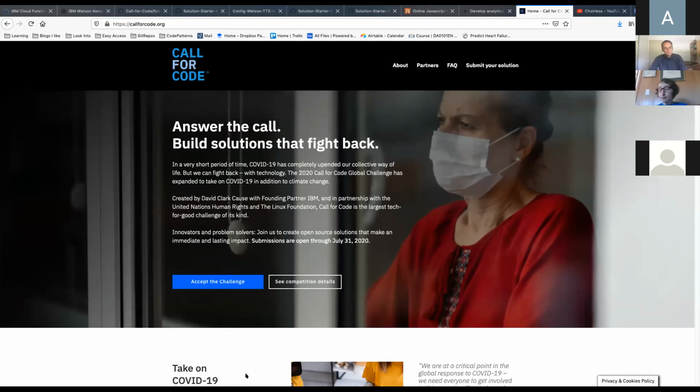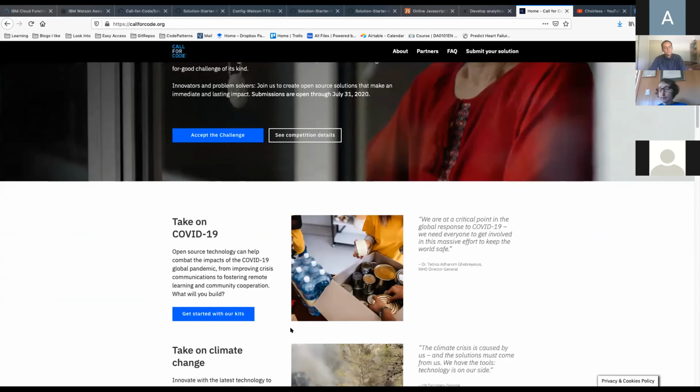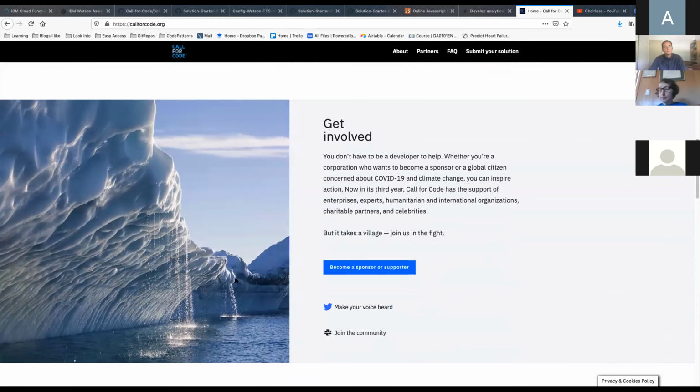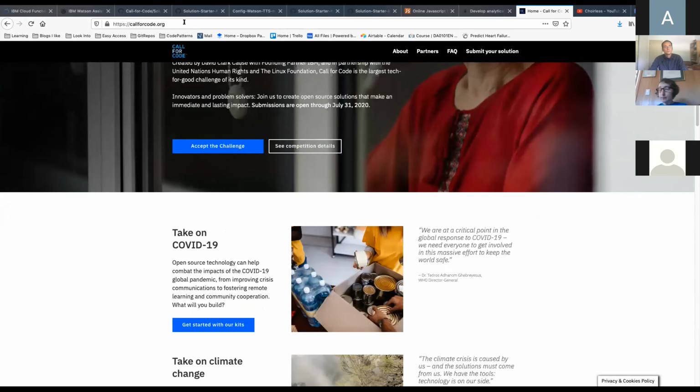It's a really wonderful hackathon because it allows you to build solutions that fight back on global scales. So for example, last year our theme was disaster recovery, and this year our theme is climate change, and also we have a COVID-19 challenge. So definitely take a look at Call for Code.